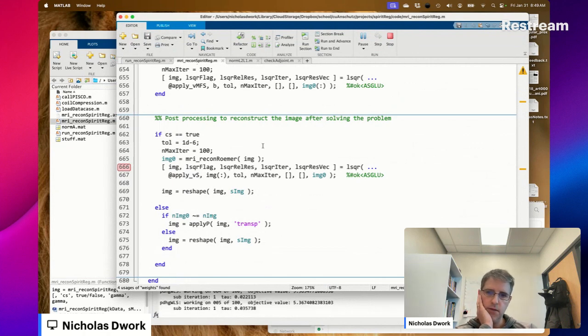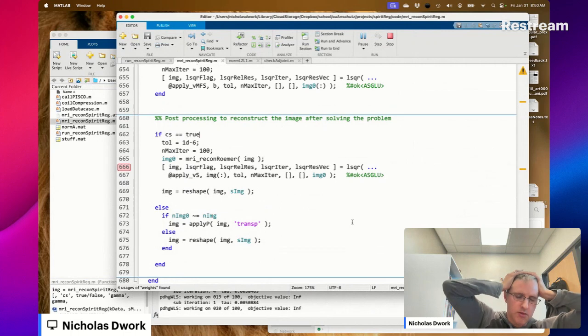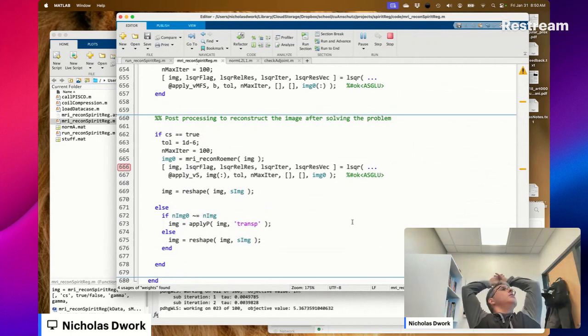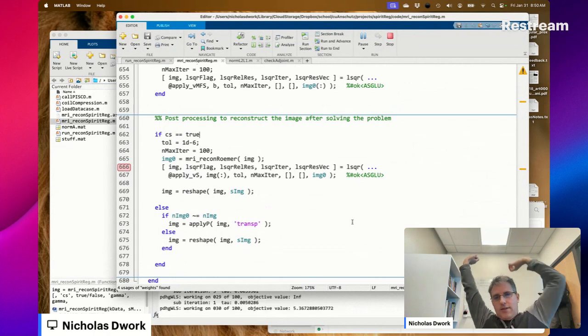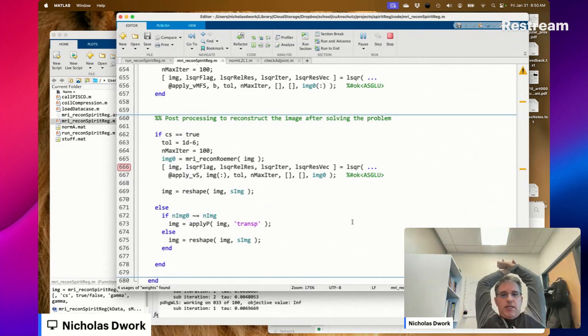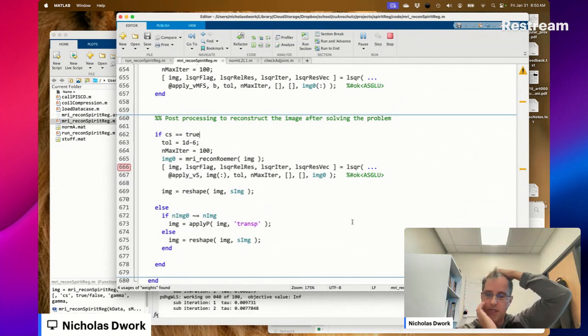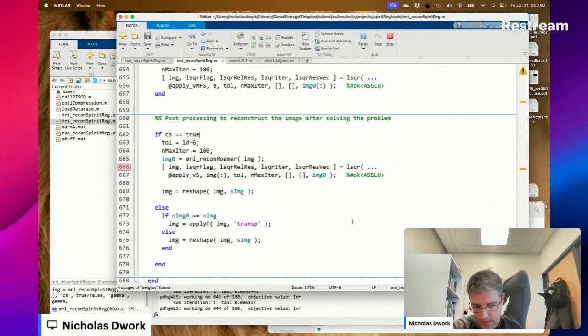Gonna have to wait for compressed sensing again. A lot of this is probably just iterating over the coils in the wavelet transform. So if I just make the wavelet transform operate on the coil dimension, like vectorize across the coil dimension, then this should be just fine. And that shouldn't be too hard to do.